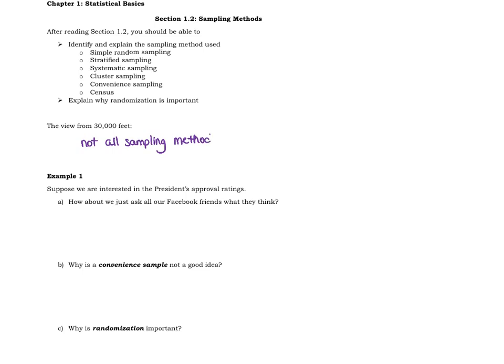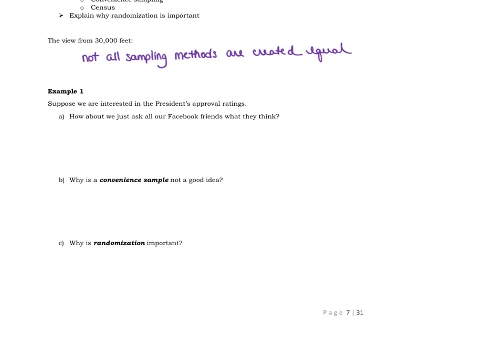in a simple random sample, every individual has the same chance of being chosen. It would be the equivalent of putting every single person's name in a hat and pulling out those names one at a time. This is not a simple random sample